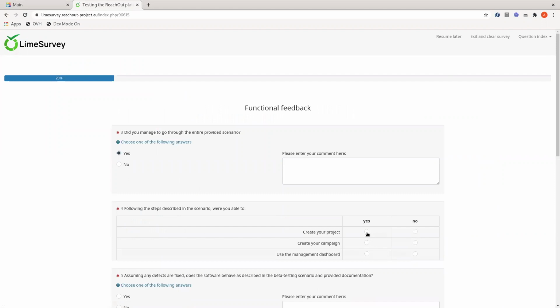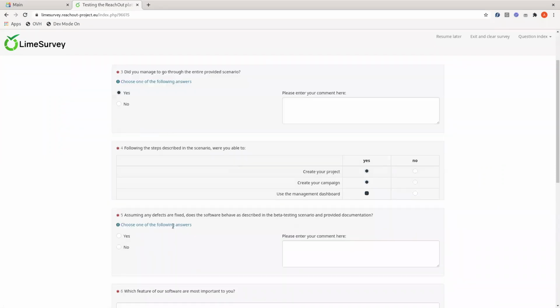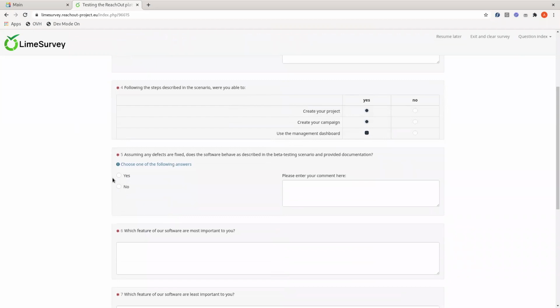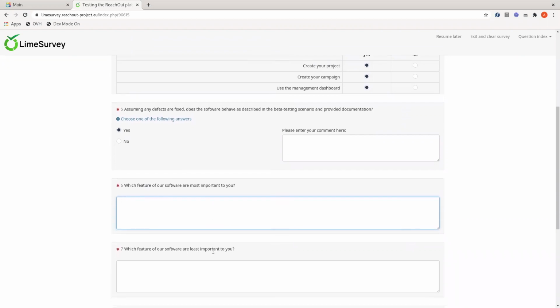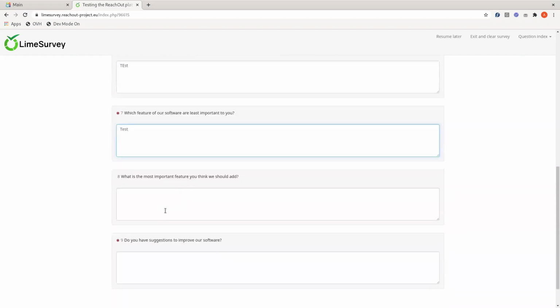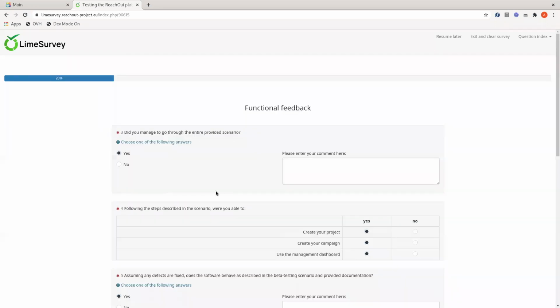Was I able to create the project, the campaign, and use the dashboard? This is the question I've just customized. Did everything behave according to the documentation? Yes. What's the most important feature? Here I'm just going to write test for the sake of this demonstration, and so on and so forth. Then if I click next,